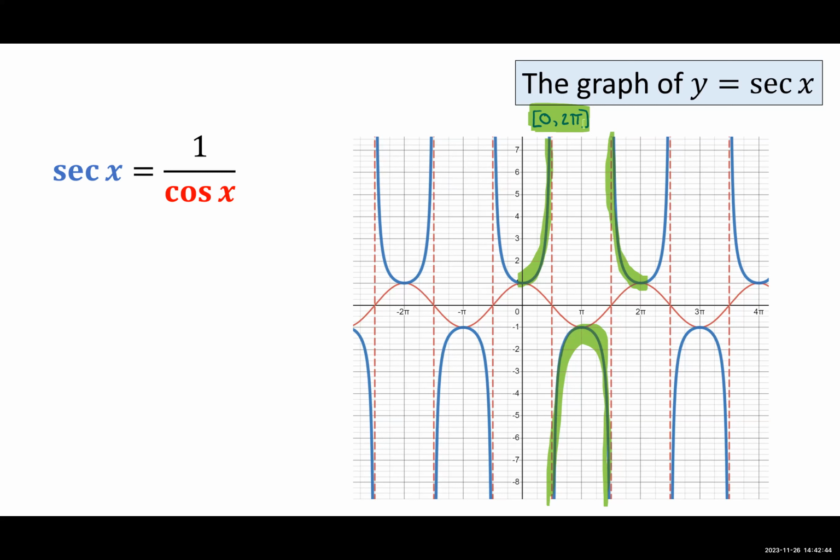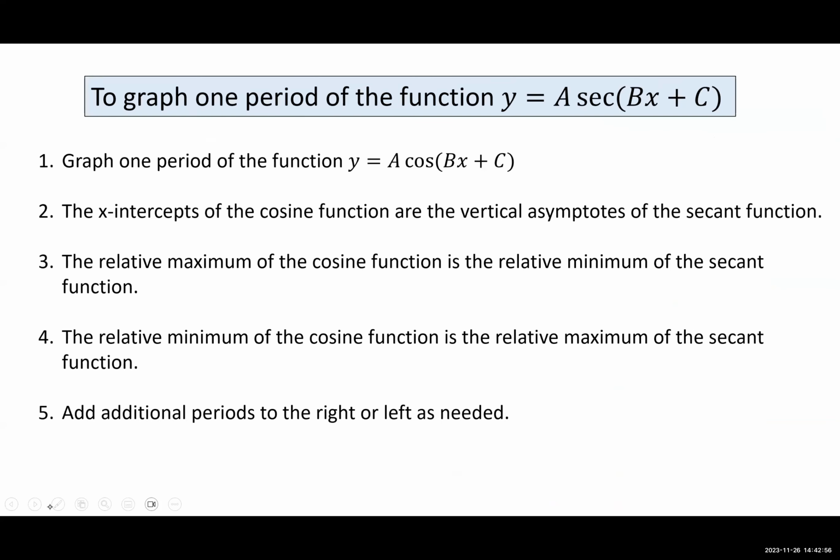All right, so now that we have our graphs of the basic cosecant function and secant function, y equals the cosecant of x and y equals the secant of x, now we could talk about some more complicated versions